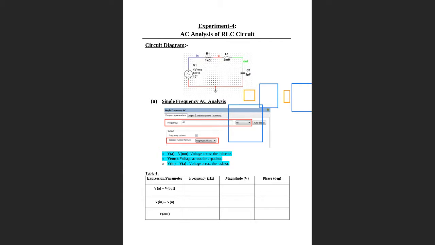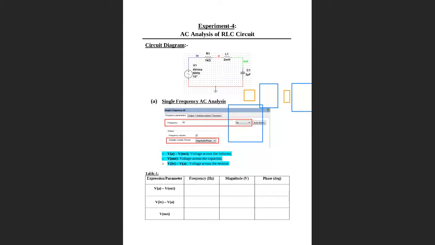Similarly, for the last one we have to use out and it is in green color. So click on this connection, right click, properties, use the name out, show net name, and change it to green color. You can use any color as you like. I'm just using different colors to show you in the output what the difference is. Okay, this is the circuit.